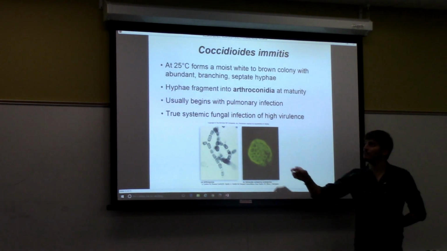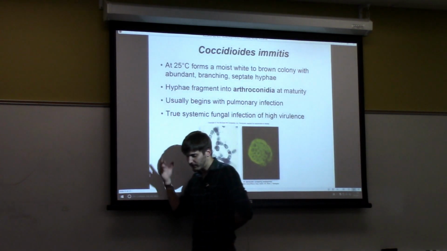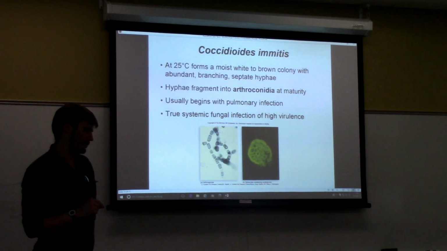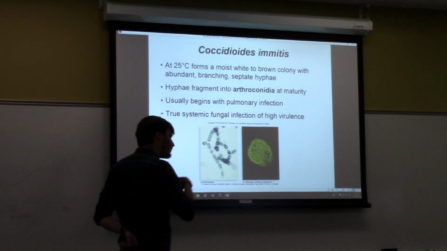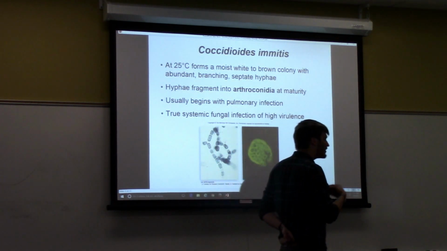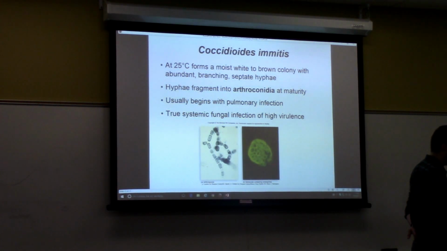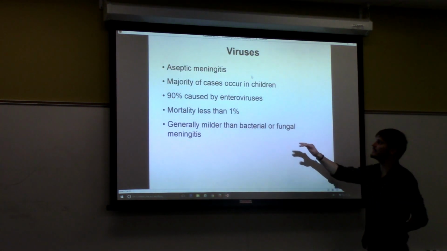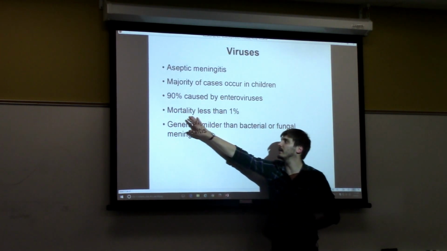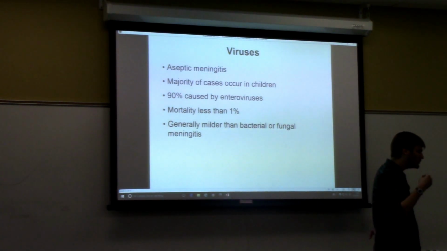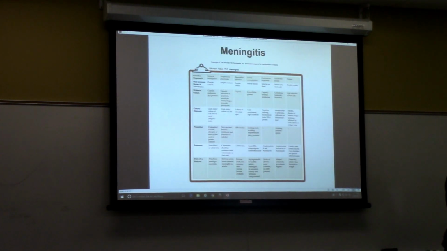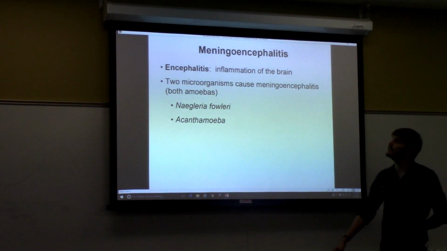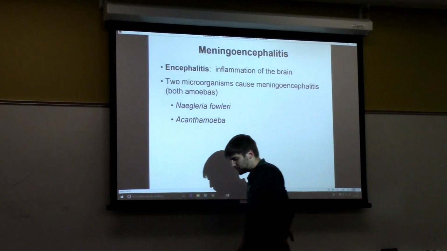We also talked about some fungal meningitises. One of interest is Coccidioides immitis, and that's because this guy can get into even healthy individuals. Remember, it often starts in the lungs and then works its way into the brain and can cause severe meningitis, even in healthy people. And then again, viral meningitises are less severe in the fact that they do not cause mortality that much. However, they do still cause brain damage or neurological sequelae. Next, we have meningoencephalitises. And this is where you have